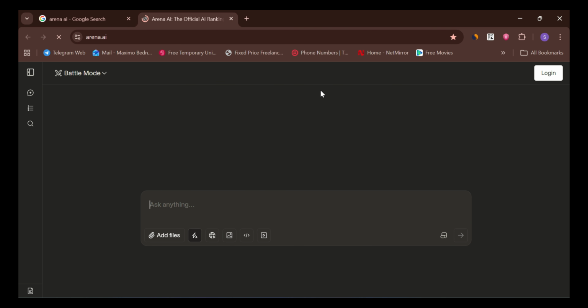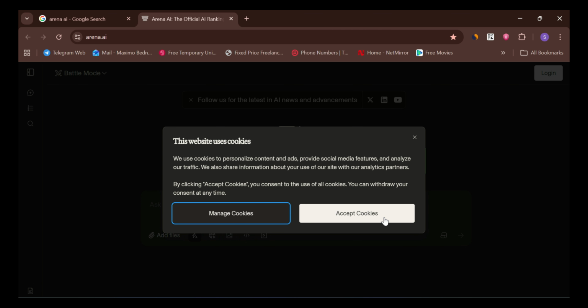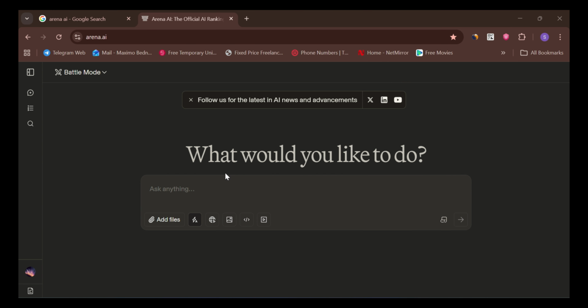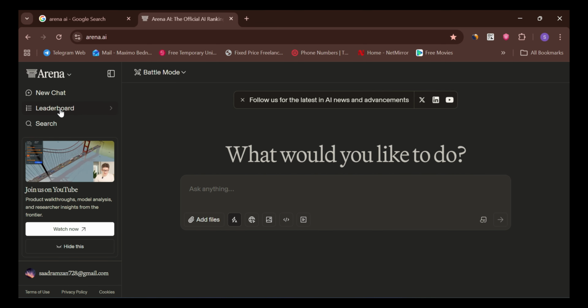Okay, you just search on Google like this, and hit the first link. You can see there is a login section on the top right side, and log in on this page. After that, you can see there are multiple search options, and also web search, image generation, video generation, and coding generation, like app or website building. Okay, you can generate everything through these AI tools.